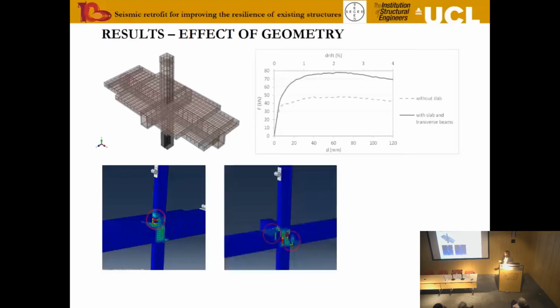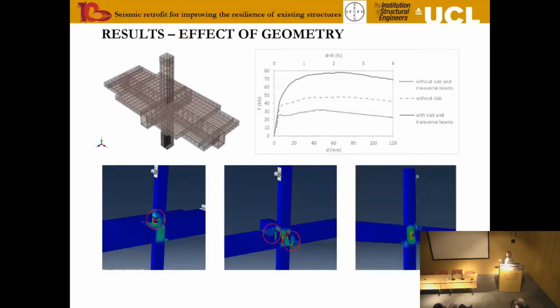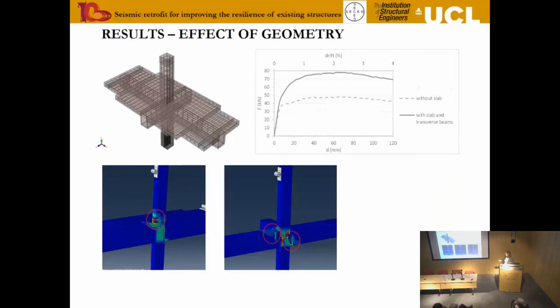If instead we ignore the slab, but we have the transverse beams, we see that the failure mechanism changes quite significantly. There is damage within the joint, there is damage in the beams. The beams are activated, whereas in the first scenario, the beams are not activated, there's no damage, no deformation in the beams pretty much. So here it's looking a little bit more favorable in terms of putting the damage within the beams than in the columns, and you have almost no column damage.